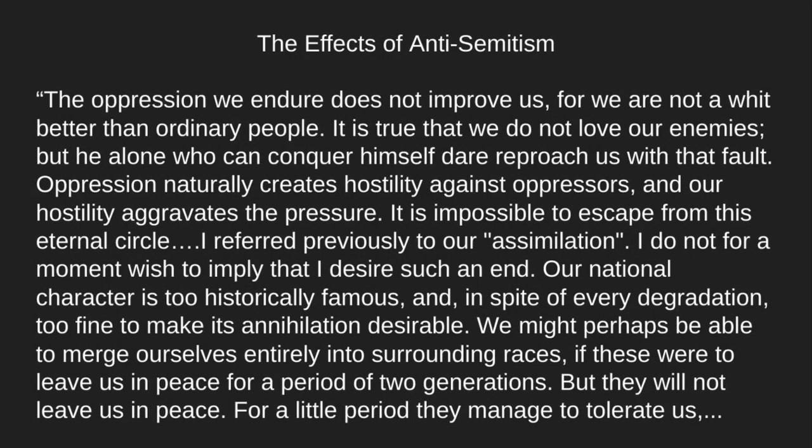Here's what he's going to say. Here's what the effects of anti-Semitism are, according to Herzl. "The oppression we endure does not improve us, for we are not a whit better than ordinary people. It is true that we do not love our enemies, but he alone who can conquer himself dare reproach us with that fault." Let me pause there for just a minute on that first point,